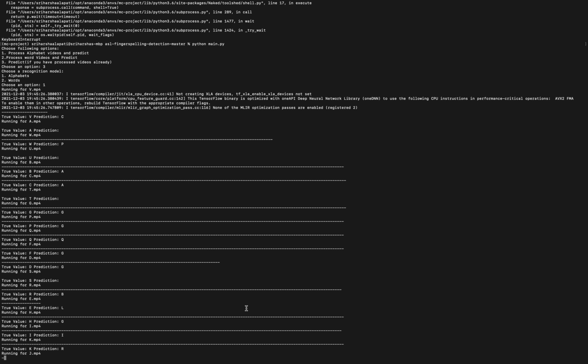Three alphabets are being detected till now.